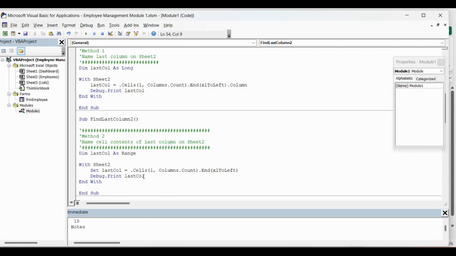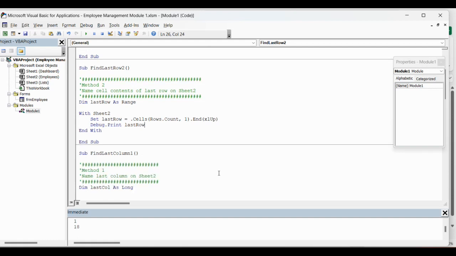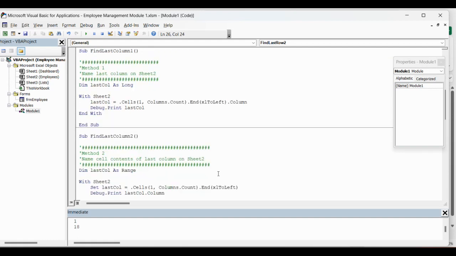And the word "notes" is there, which is exactly what we wanted. Now, just on a side note, I could have said LastCol.Row, and that will actually return the row number. So you see it's in row 1. I could also put .Column, and when I run that, you'll see it's in column 18. So you've got some flexibility, and I could have done the same thing up here with this one. I just wanted to show you the two different ways to do that.